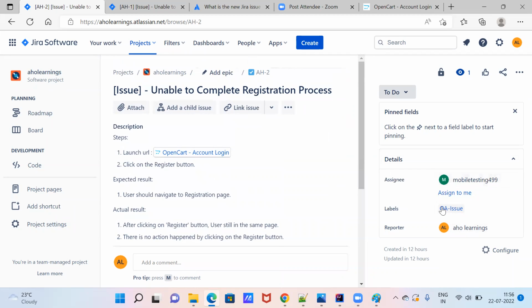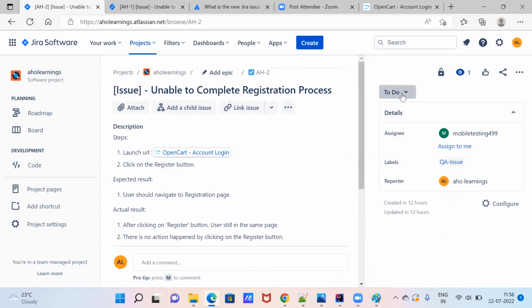This is the developer assigned to him. What is the label? QA issue, right? Now the status is to do. You got it right. Now the status is to do. Once the status is to do,